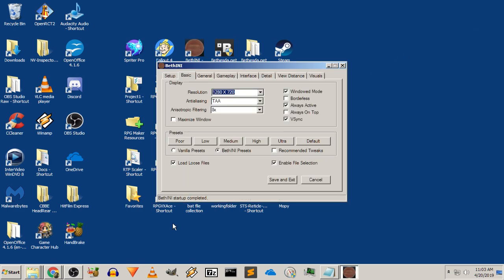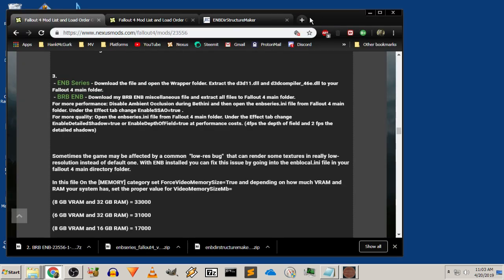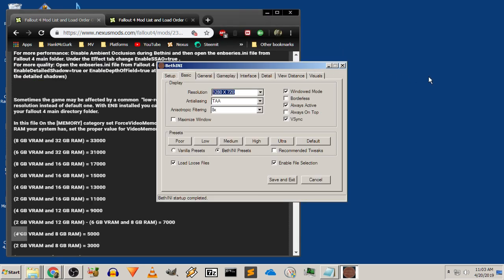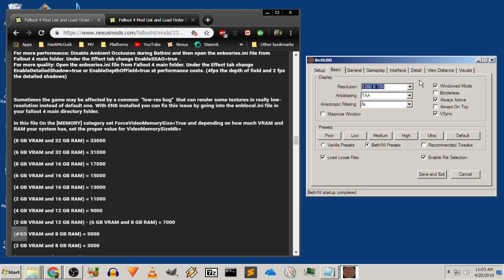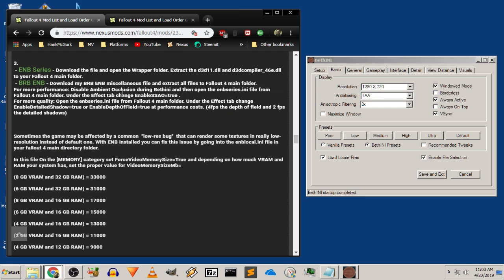Okay. Make sure everything can be seen on my screen here. All right. And we want to disable ambient occlusion